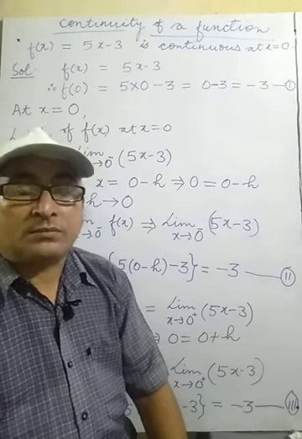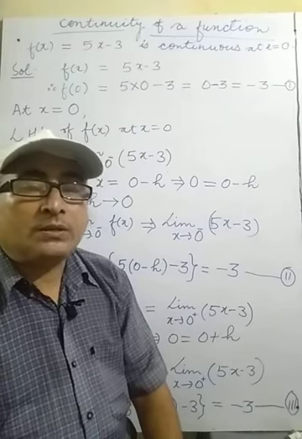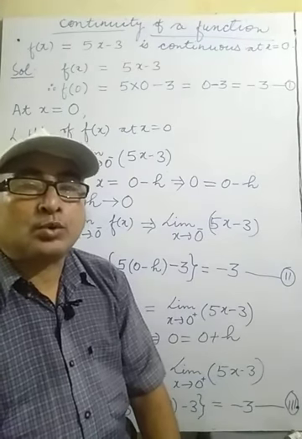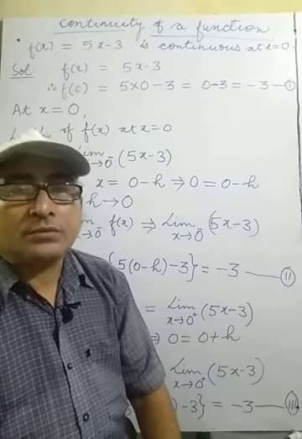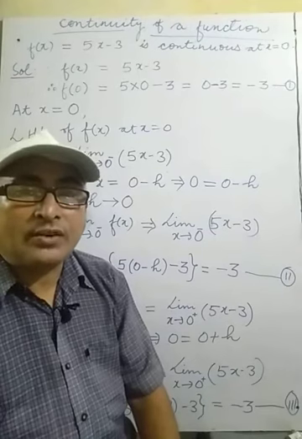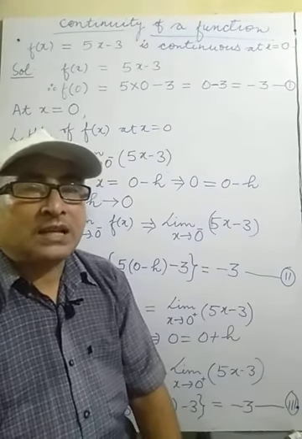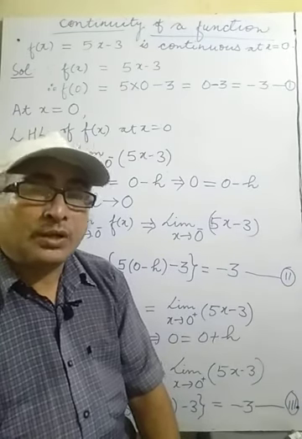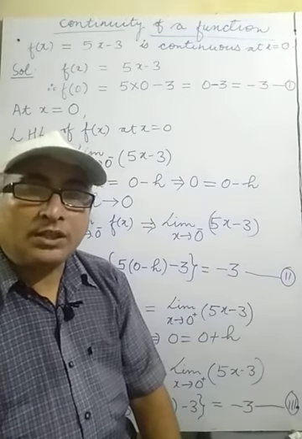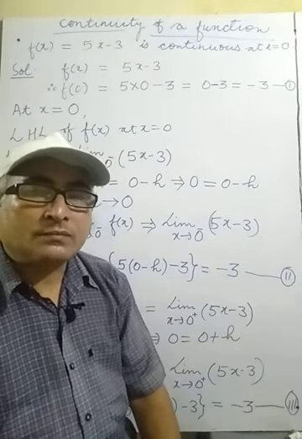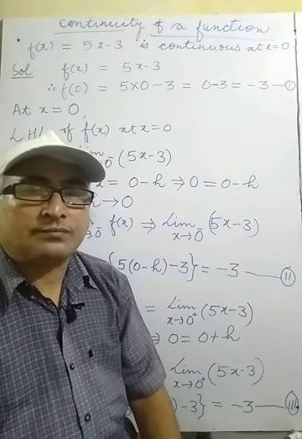So this is the procedure. This one is lengthy, but it is the best one, and we try to solve those questions by taking the left hand limit, the right hand limit, and the value of the function at that particular point. Some shortcut methods are also there, but today we have to discuss how we can apply the lengthy process in showing the continuity or discontinuity of a function.